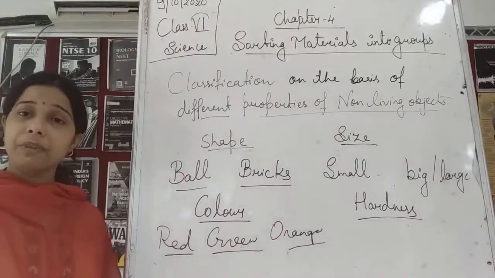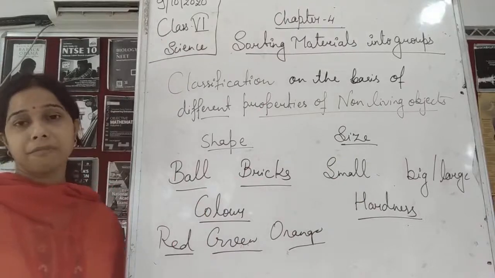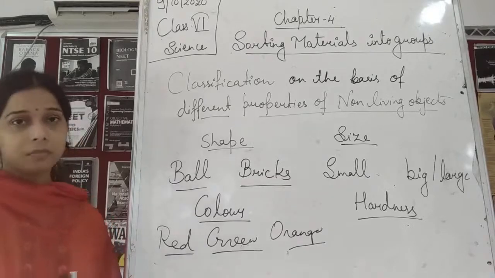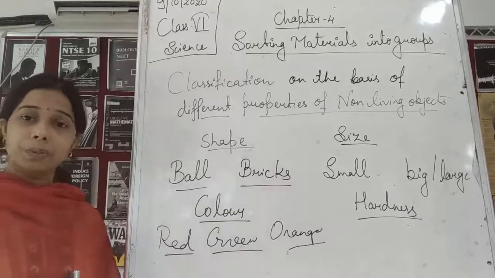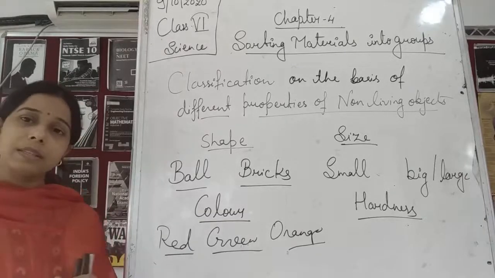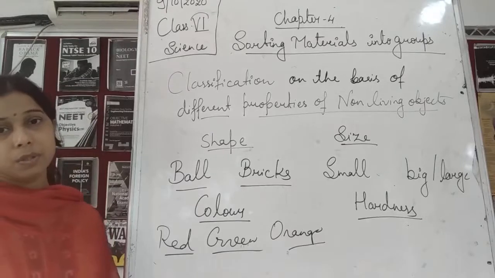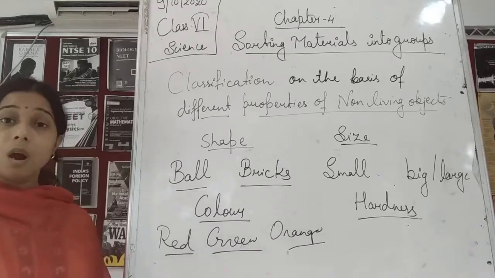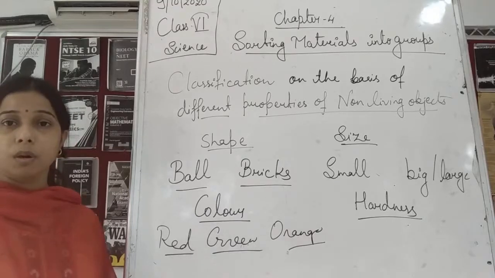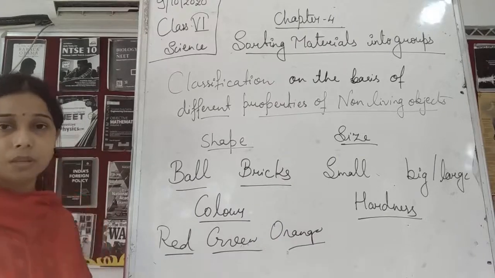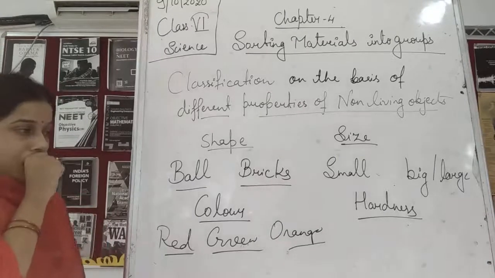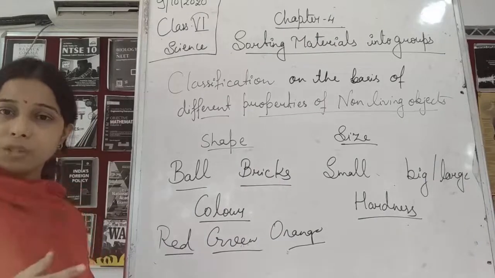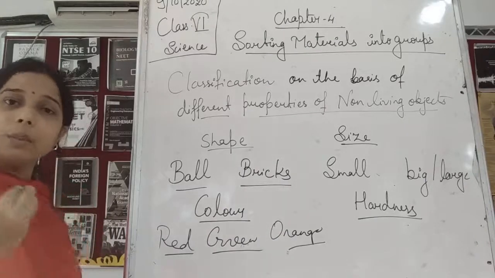So suppose you have been given a sponge as well as a stone. By touching it, what will you observe? You will say what is the difference between the sponge and the stone. The sponge is the soft one. Or you have been given a cotton toy, a cotton teddy bear, or a stone, students. Absolutely, the one will be a spongy one, a very soft one, and the other will be a hard one.